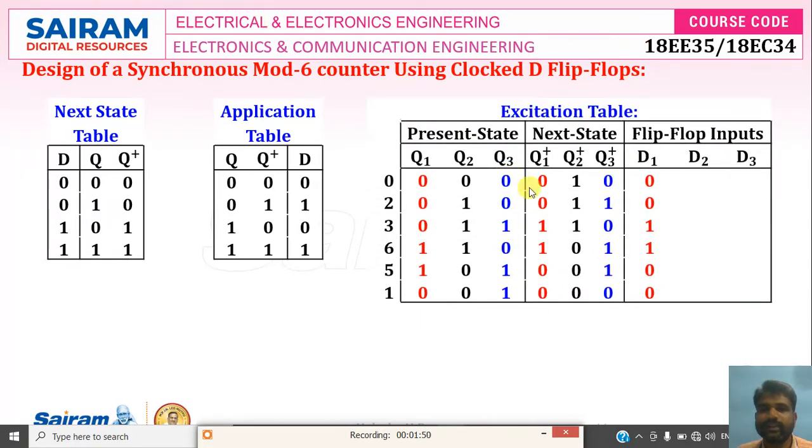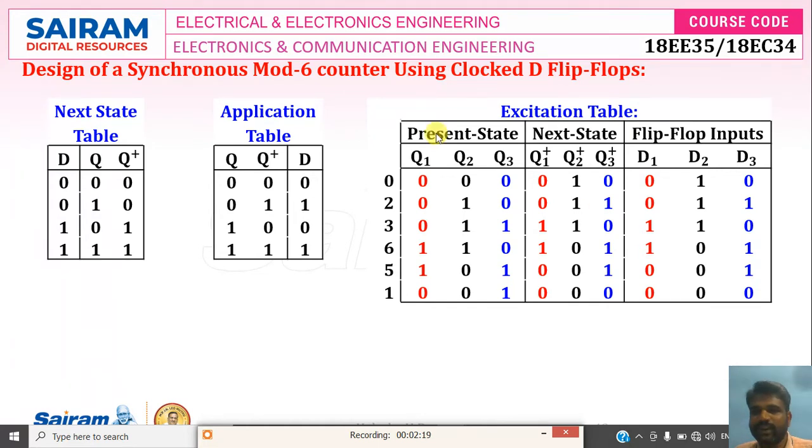So this is the excitation table now. For D1, just copy the next state, because D1 is same as next state. So just copy Q1 plus into D1. Similarly, for D2, copy Q2 plus as D2. And for D3, copy Q3 plus. Clear now? So the next step is